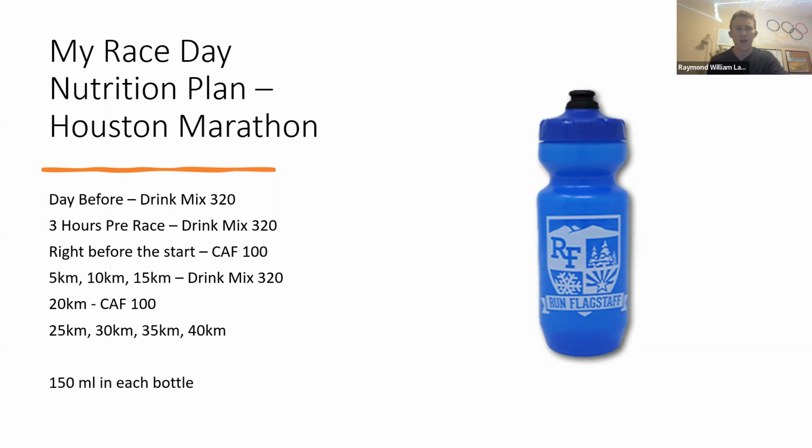I think that's all I had. And then right before the race, I warmed up and was basically ready to go. I had one of the gel packets that had caffeine in it to give me that extra boost for performance. And then every 5K during the race, from 5K, 10K, 15K, I drank 150 milliliters at each aid station because